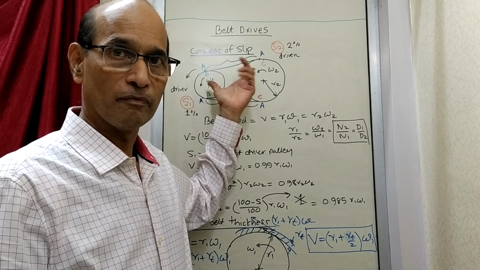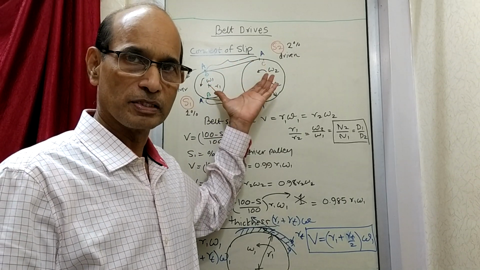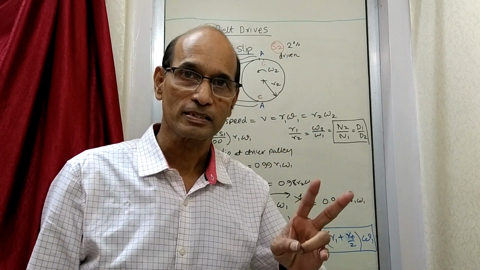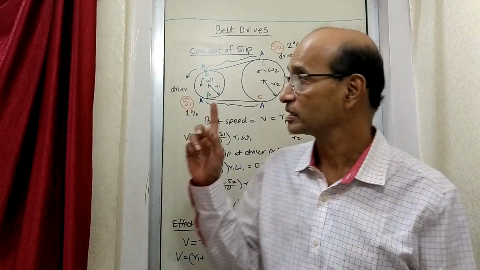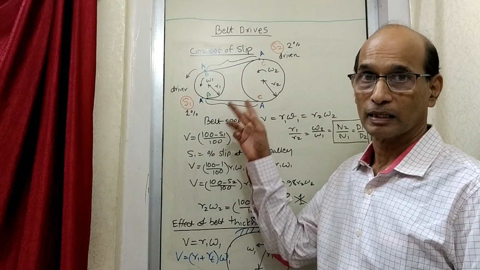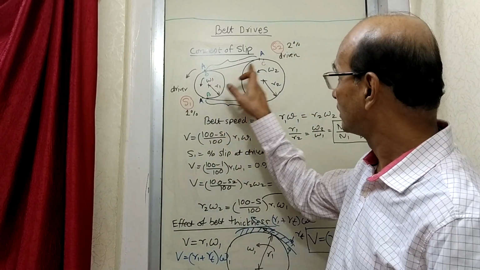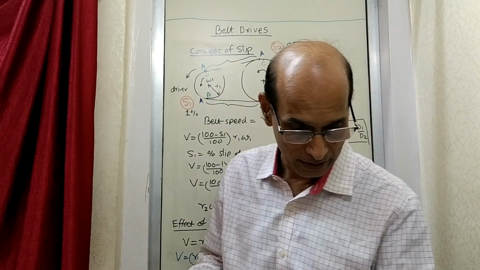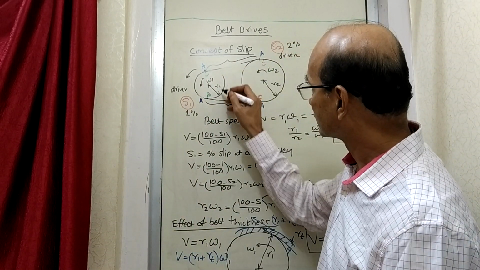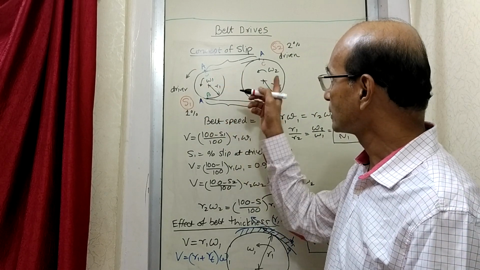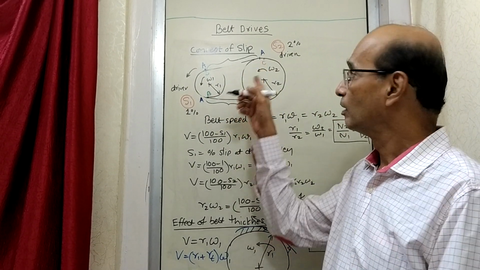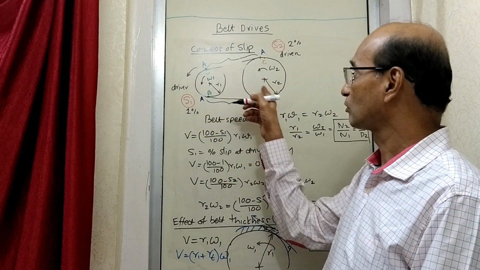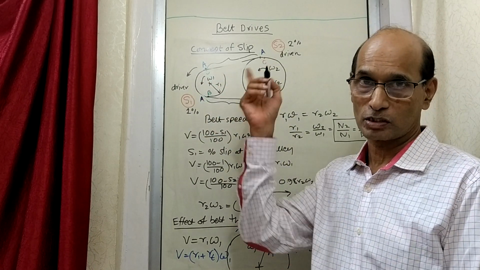That is called a derivation. So the derivation is talking about how to find out the length of the belt. And there are two cases. One is the open belt system. Now this case is the open belt system. The other one is a cross belt system. That means the drive is like this. The pulley and the belt, the difference is the pulley will be in this case like this. So this rotates clockwise. Right now this is also rotating clockwise. But if there is a cross belt system like this, then one will rotate clockwise, the other one will rotate anti-clockwise. That is called a cross belt system.